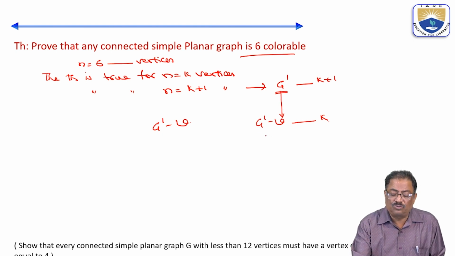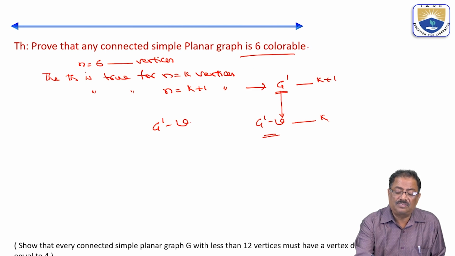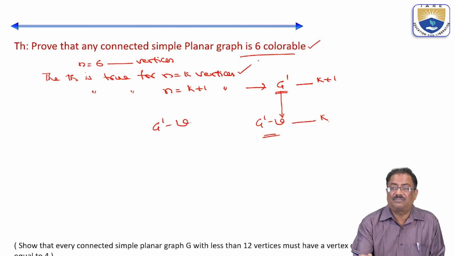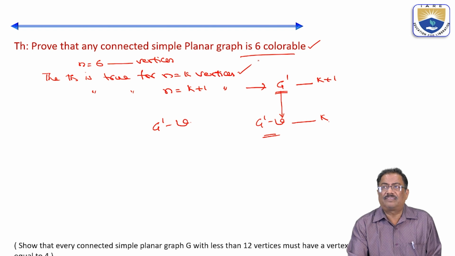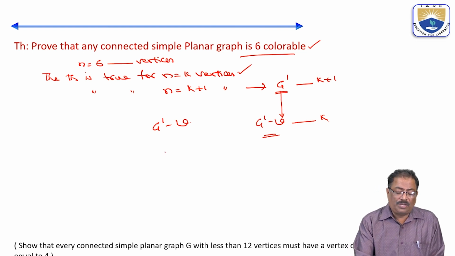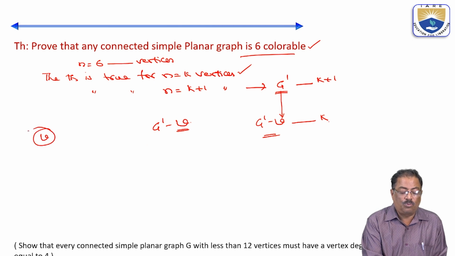And the theorem is true, the assumed value is 6 colorable for k number of vertices. Now, whatever the removed vertex V, if I am going to consider,